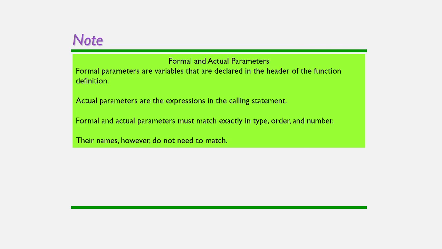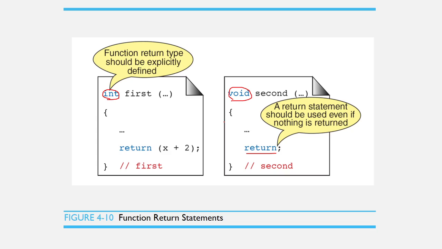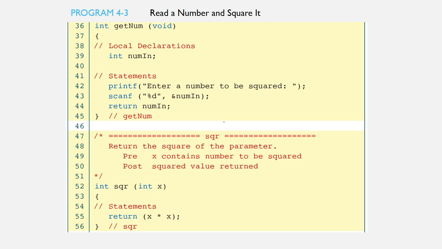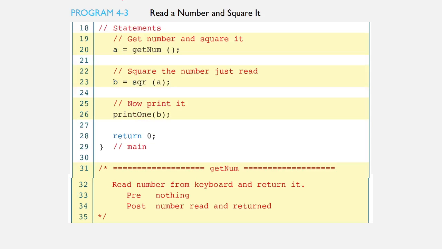Actual parameters are the expressions, just like here.